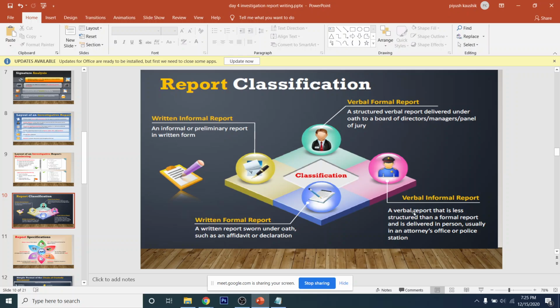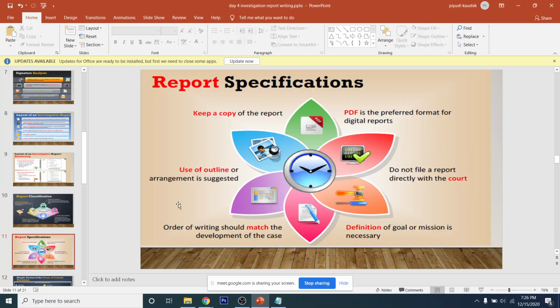Then there is verbal informal, written formal, and written informal. So what is written formal and written informal? An informal or preliminary report in written form. A written form sworn under oath, such as an affidavit or declaration. Basically, this is the report that you will present, and you will present it with oath